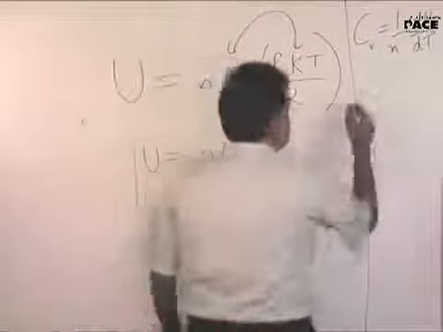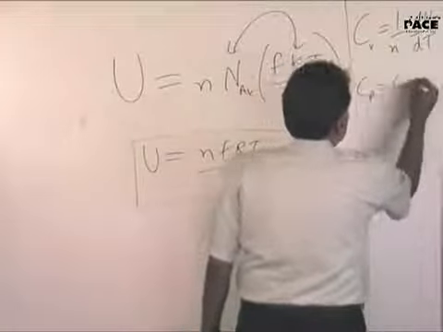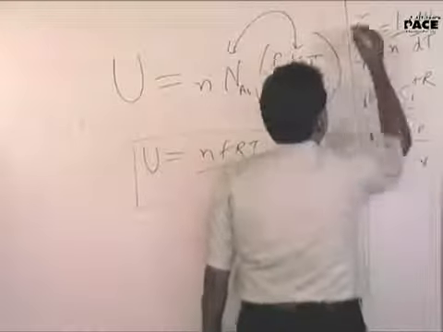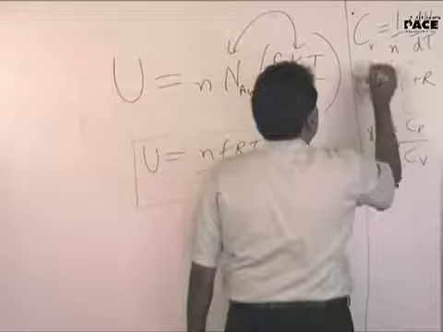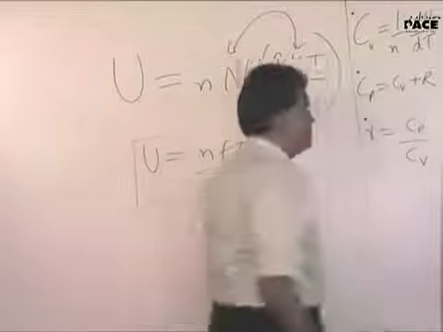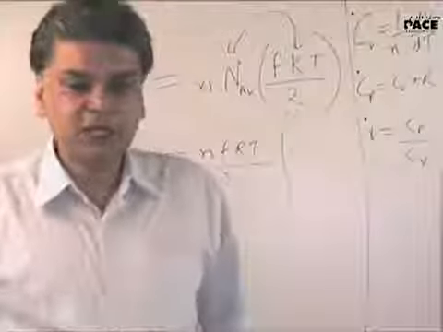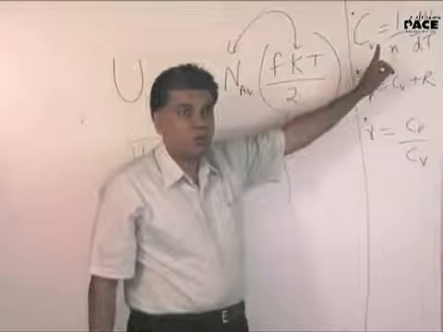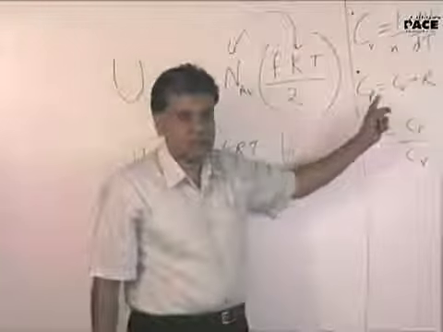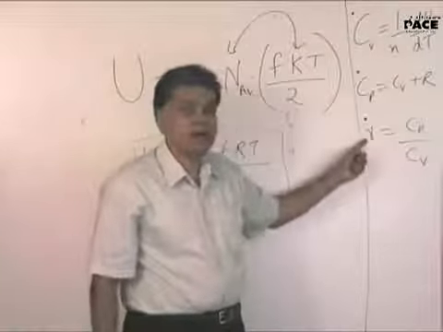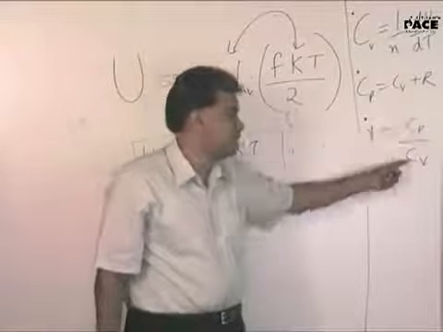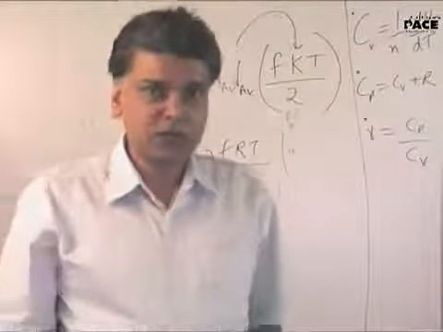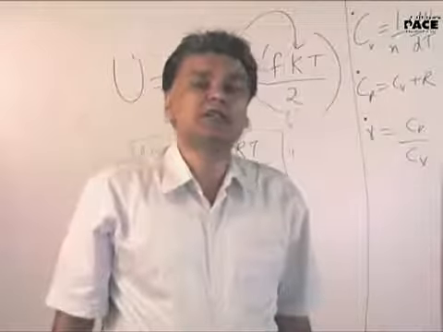And we will have what is called Mayer's relation, Cp equals Cv plus R. And we define gamma as Cp by Cv. Just take these 3 definitions right now. I'll be dealing with this in detail maybe in the next class. We'll be deriving each one of them. This is by definition. Cp equals Cv plus R is called Mayer's relation. Gamma is called adiabatic constant, which is the ratio of Cp by Cv. Cp is read as molar specific heat at constant pressure. Cv is molar specific heat at constant volume.